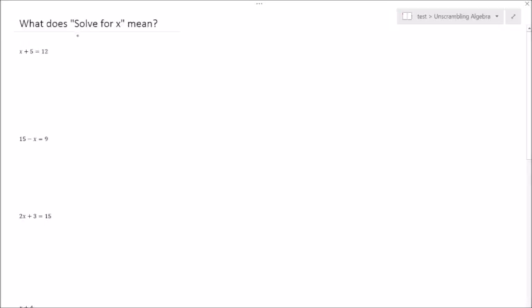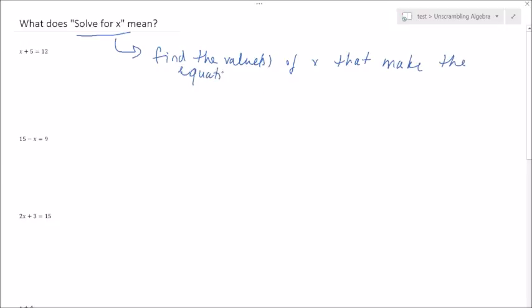And probably the most important thing in algebra is to understand that solve for x means find the value of x, or values, that make the equation true. And at its heart, that's all that algebra is: finding a value or values of a certain variable that will make the equation true. So let's consider this first really simple example I have here, that x plus 5 is